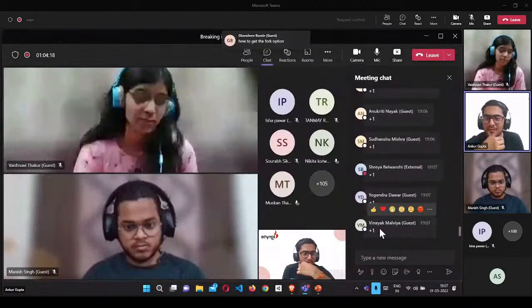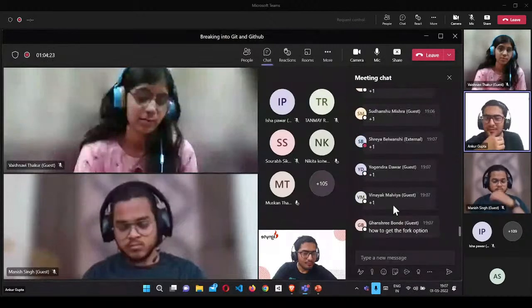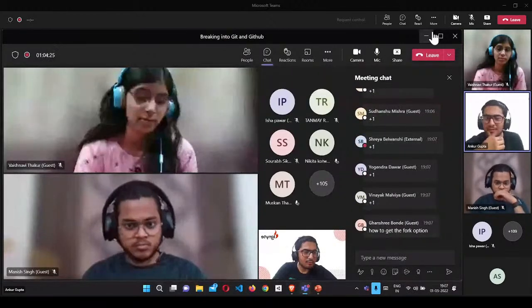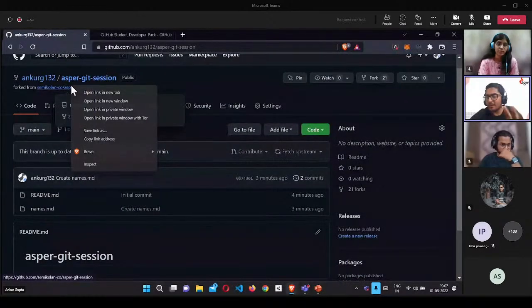How to get the fork option? When you go to this repository that I've shared, there's this fork button here. I hope you can see the fork button. You need to be signed in to GitHub to see that fork button.